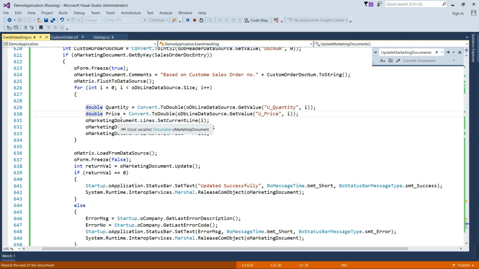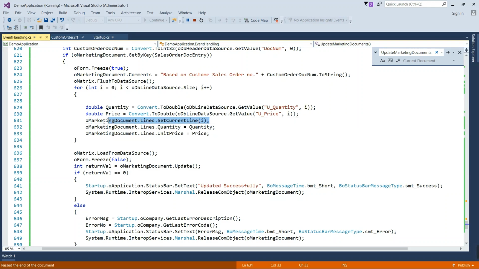In iteration we are setting quantity and price, but for the line, firstly we have to select for which line we are going to update this value. Hence we have to pass the index number to the set current line function so that it will set your value to the specific line of the matrix.